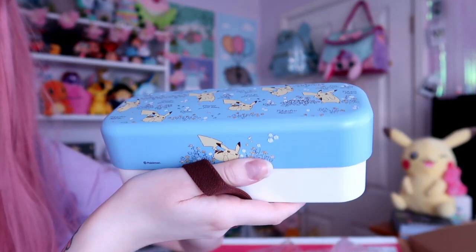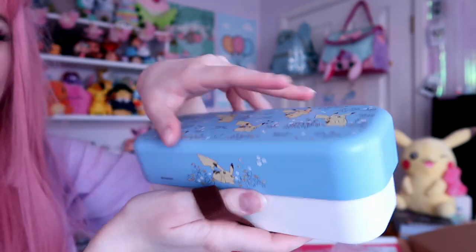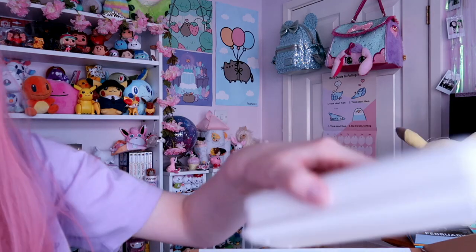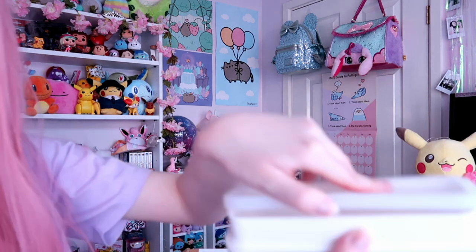Oh, this one's kind of heavy. Oh, it looks like a little bento box. This one would have been 1,980 yen. So this looks like it's from the Flowers in Bloom collection. So you got this really cute Pikachu design and the most beautiful blue colour actually. It's really pretty. Then if you open it up, yeah, so it looks like it is a little bento box,